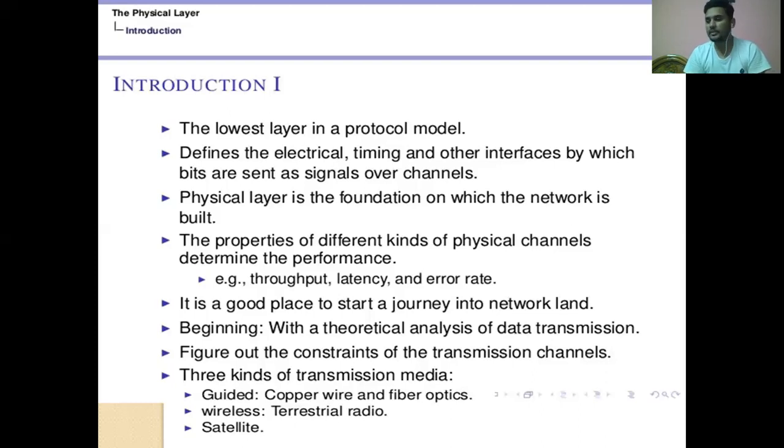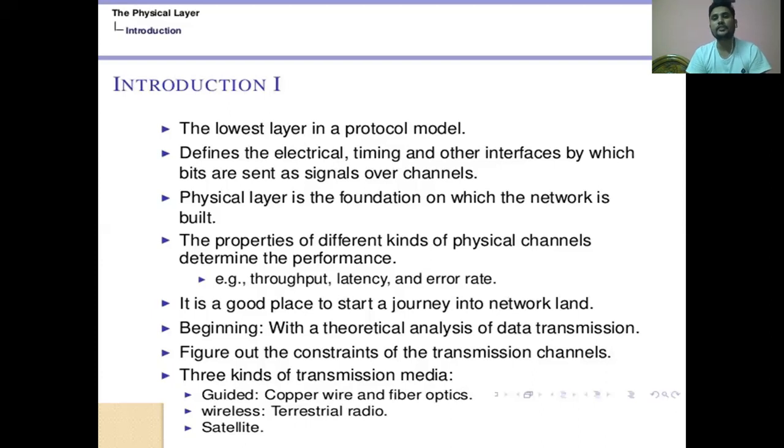The best examples for this are FM radios, which we are using, and cellular phones. All these are examples of wireless communication mediums. So the data has to be transmitted. In guided transmission media, data is transmitted over a medium. Here in the unguided transmission media, that is wireless, data also has to be transmitted.